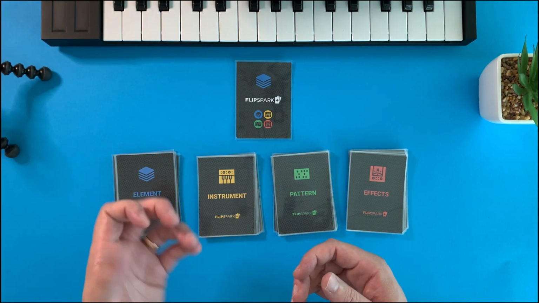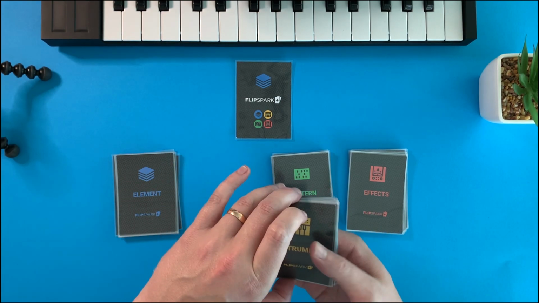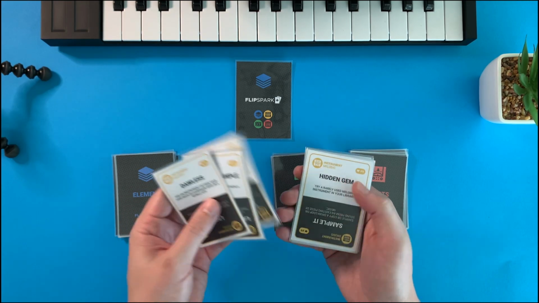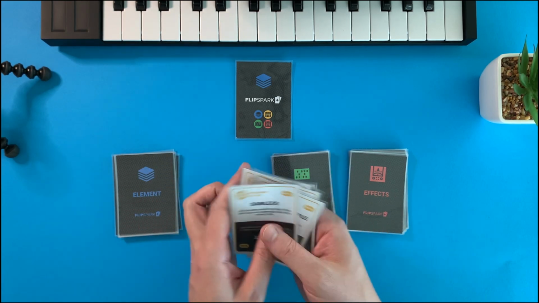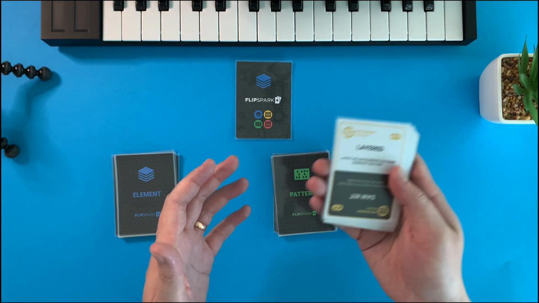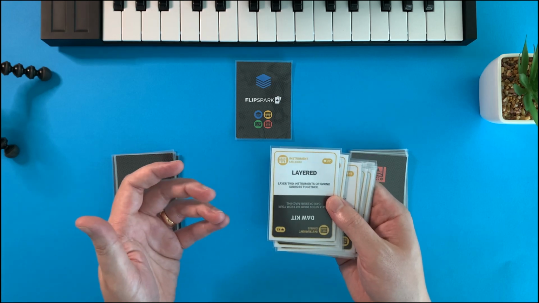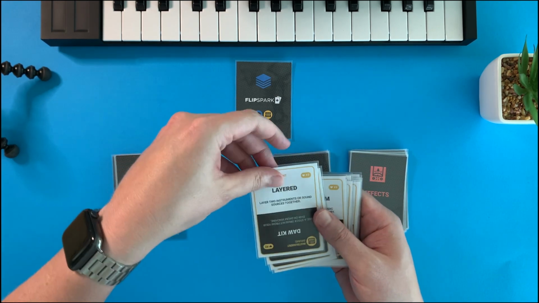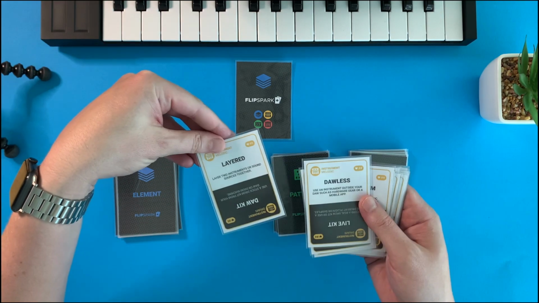Instruments. These are the sound sources for the elements. These are described with high-level creative prompts, such as doorless, melodic sample, melodic loop, hidden gem, live instrument. You can also use the numbers to refer to a list of your favorite tools using the included template. You will see that the instrument and pattern cards are divided into black and white halves. This is so that you can easily rotate them to apply them to a corresponding element that might be melodic